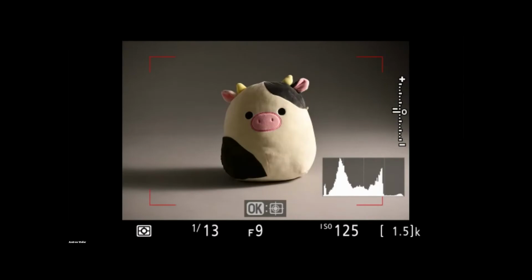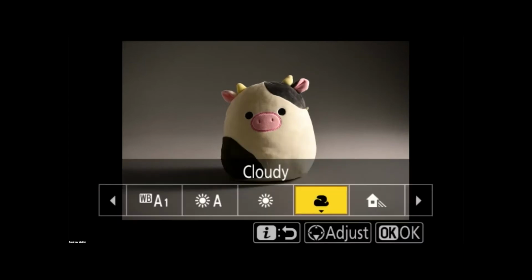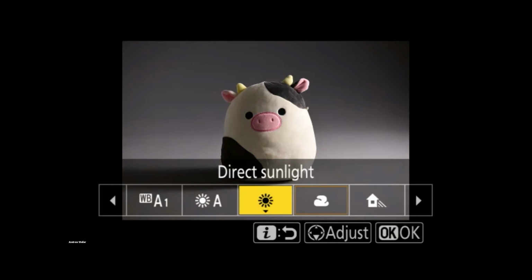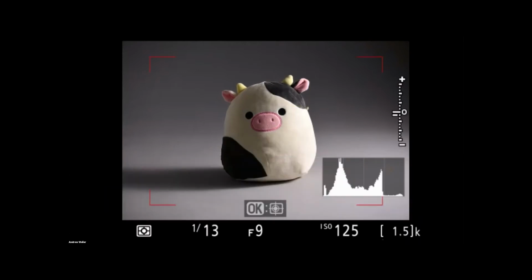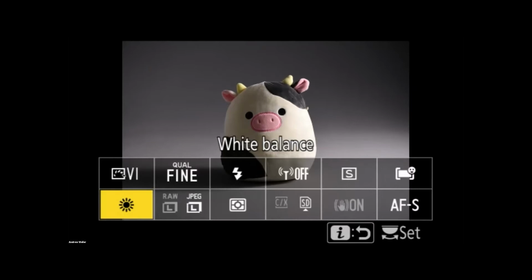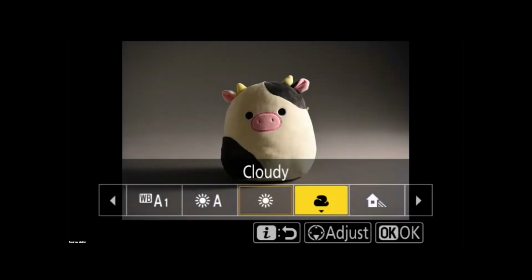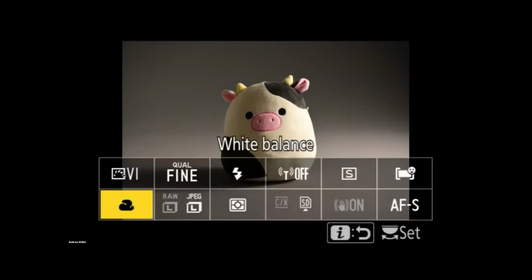Okay. So daylight is different from cloudy day because cloudy days are considered cooler in color temperature. The color temperature of a cloudy day is somewhere around 6,000 Kelvin. Daylight is somewhere around 5,600 Kelvin. So that's your 5,600 Kelvin there. And then you take a picture, click, switch the color balance to cloudy day, press OK, click, another picture,